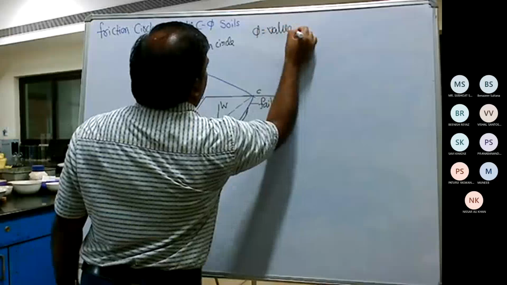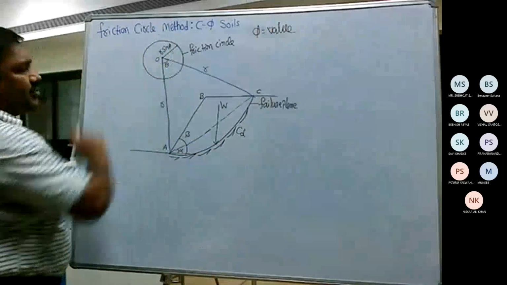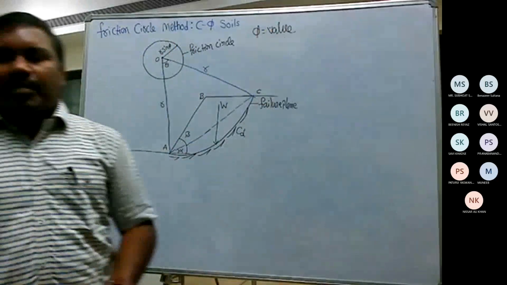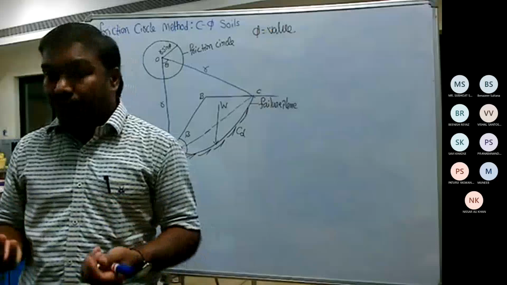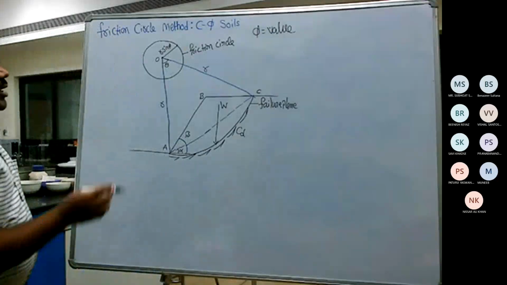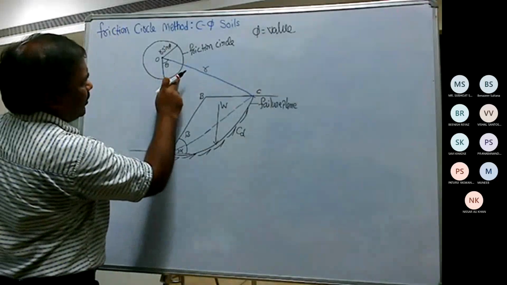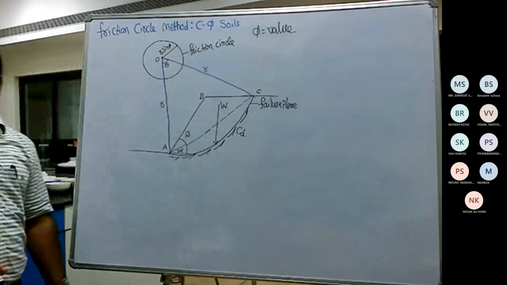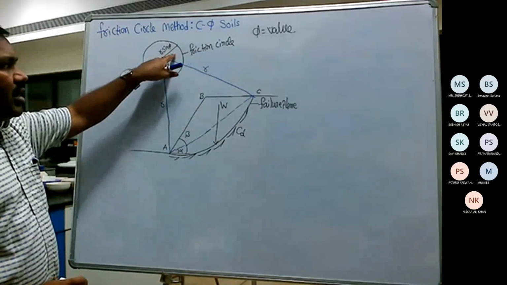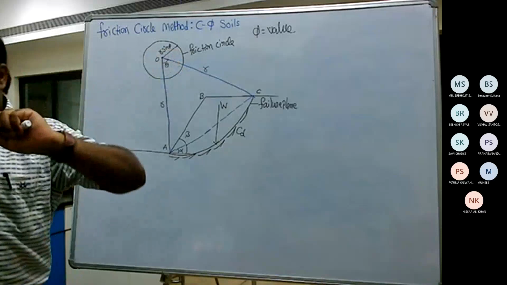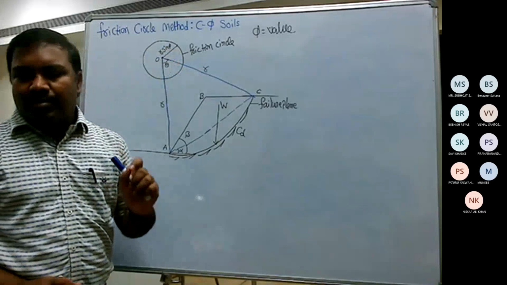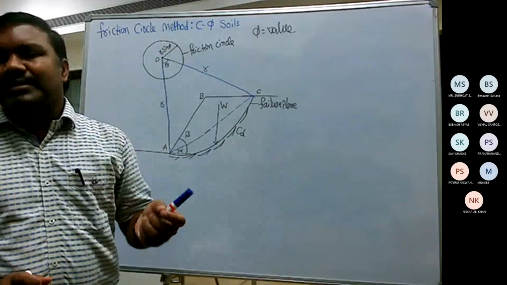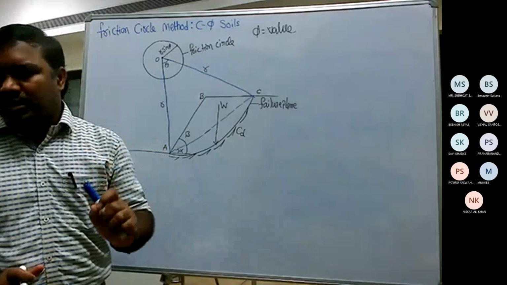then I will get again n number of circles here, which may be a smaller circle, which may be a bigger circle. We do not know. But depending upon the soil type, you can determine the radius of this friction circle. So the diameter in one way represents the kind of soil that is considered for the analysis purpose.